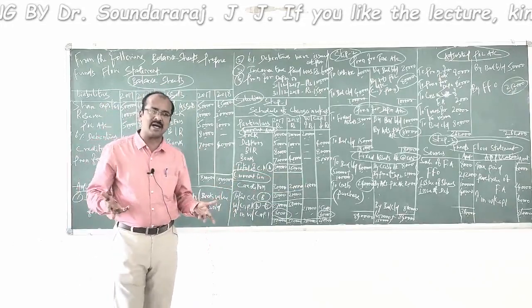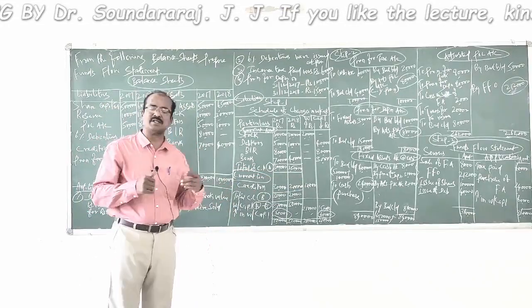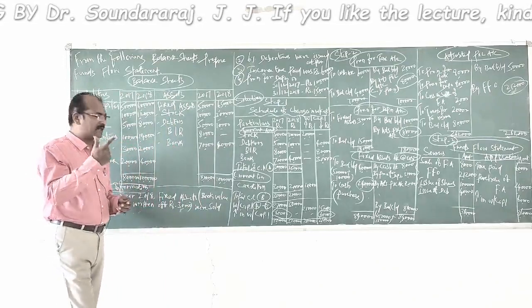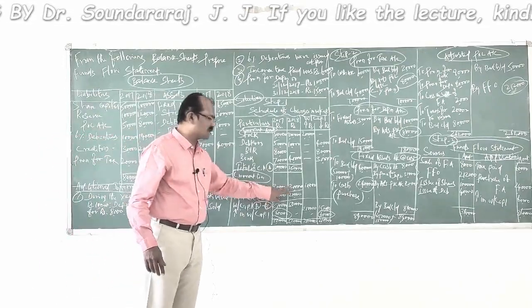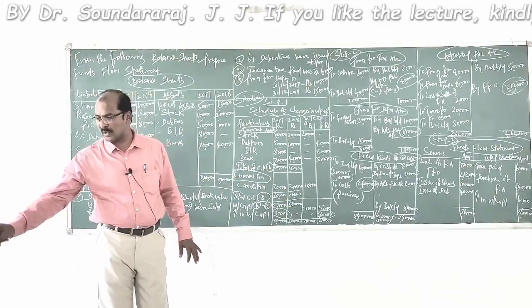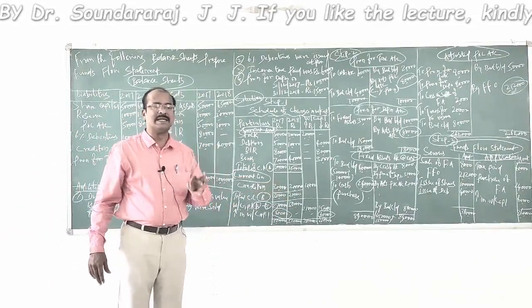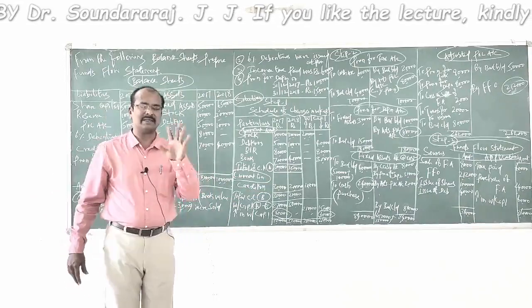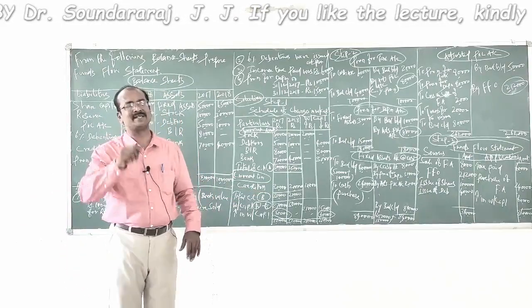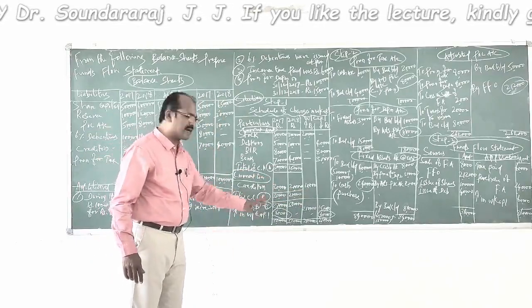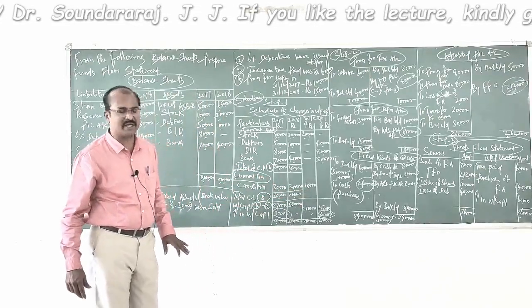Followed by, I have recorded the current liabilities. Of course, in the problem, we have identified only one current liability, which is nothing but creditors. So, creditors opening 30,000, closing 20,000. You find a decrease in the value of creditors amounting to 10,000. A decrease in the current liability results in an increase in working capital for the same value, 10,000. Now, the total of current liability is given with the character B.